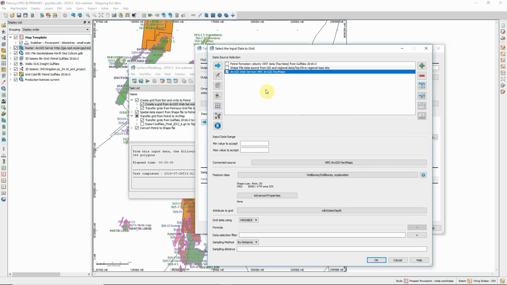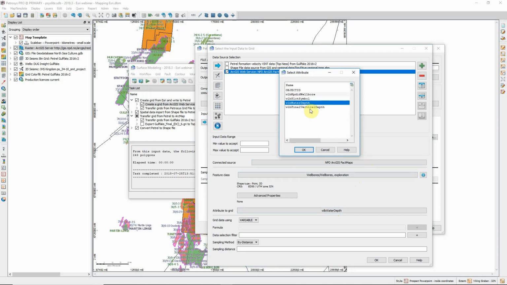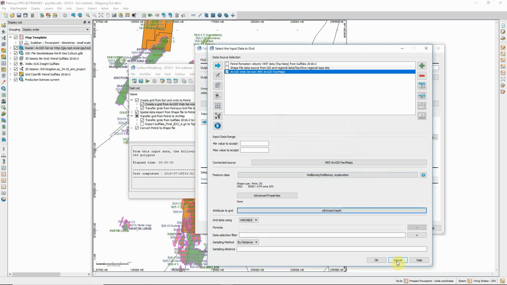Now you can have as many different data sources in here as you want to, so you could combine your GIS data with data coming from an interpretation system. You could have shape files and ArcGIS web servers in here if you want. For the grid I'm creating here, I'm just using an ArcGIS web service, and I'm going to take point data. In this case, it's going to be exploration wellbores. We just choose an attribute that's got a Z value,